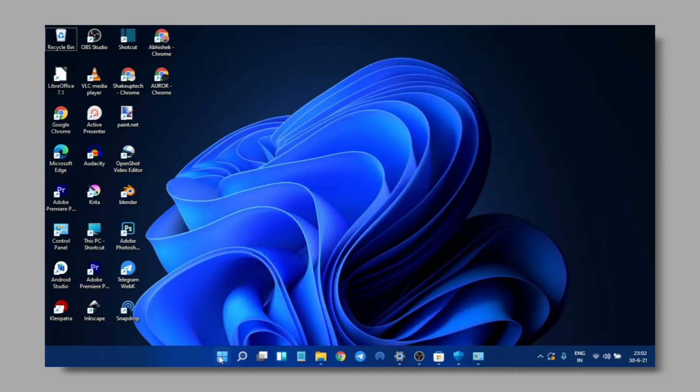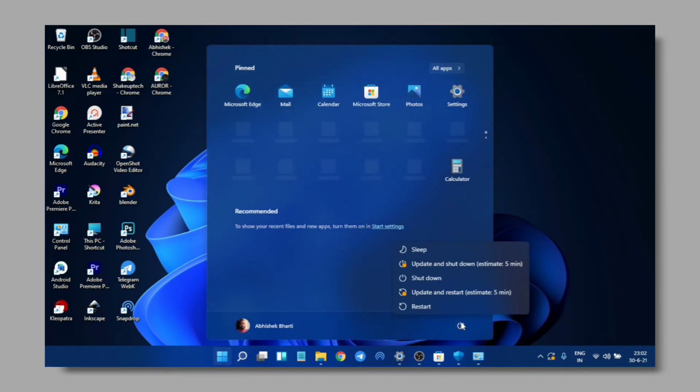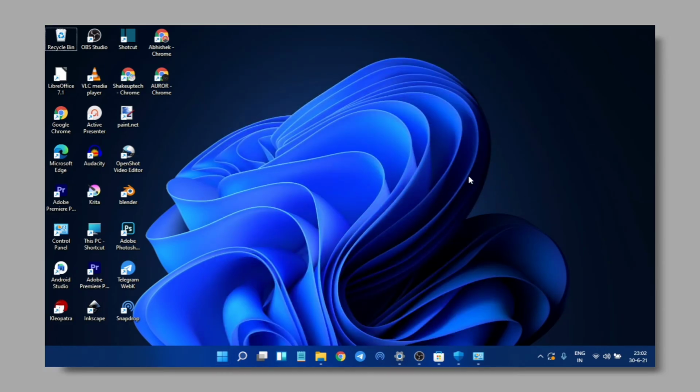And this is the power option to update, restart, shutdown. You can see the color scheme. Just notice how it is blending with the start menu and the background, this dark and shadowy effect. It's really cool, actually. What else? I think that is about it for now.